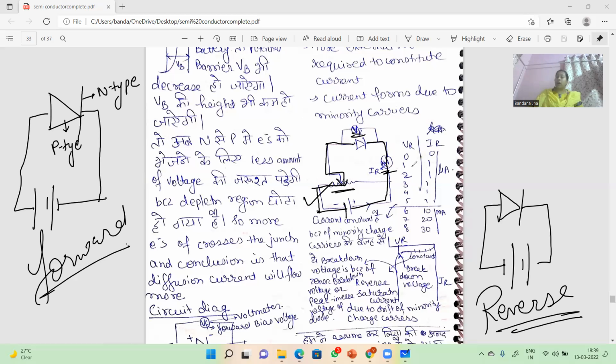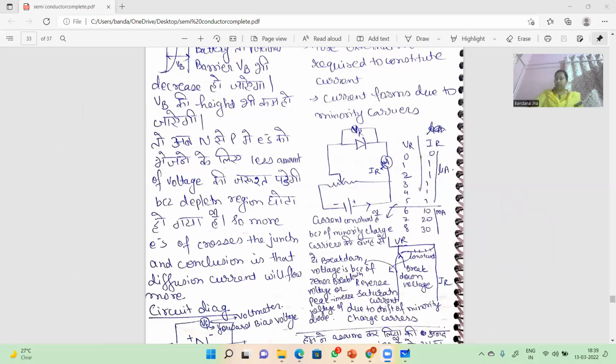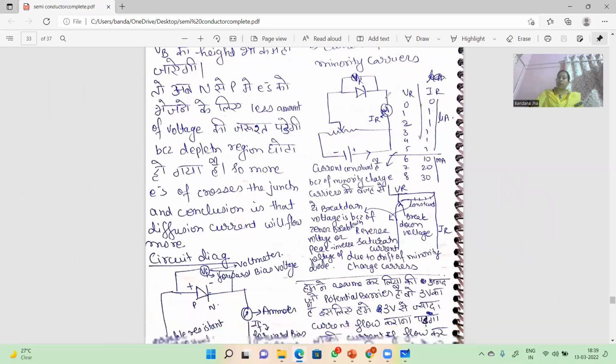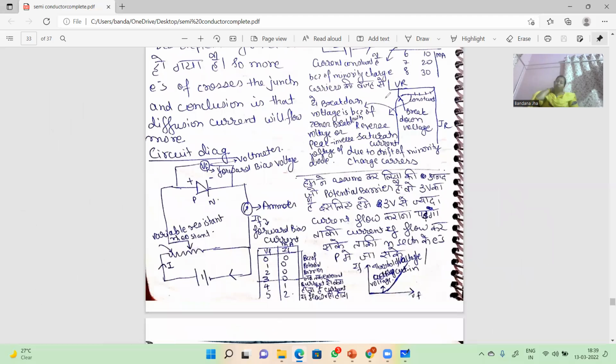After increasing the voltage, the current is what? Same. But after 6 volts, the current changes tremendously. Then this voltage is known as what? Breakdown voltage. 6 is known as what? Breakdown voltage. Whereas in my forward bias, I have increased my voltage and the current is not flowing, that I've already taught you. But at 4 volts, this is my threshold voltage, the cut-in voltage. At 4 volts, the current starts flowing.